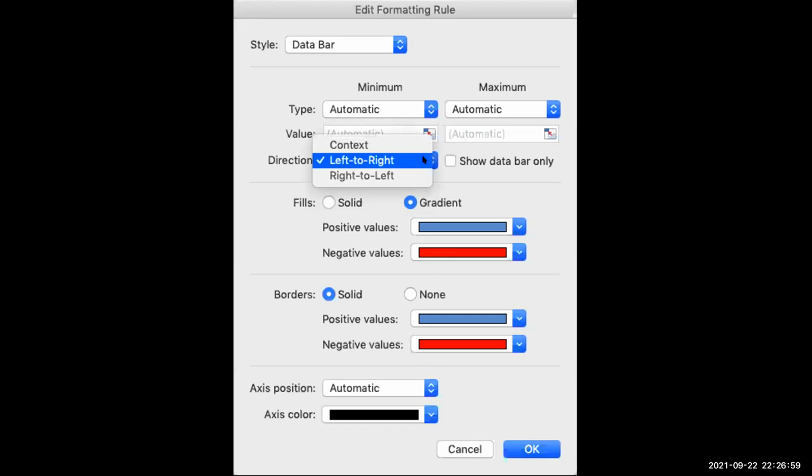Next option. No, right to left. Which one? This is what I'm getting in manage rules when I click manage rule. Actually, I just see this window over here, edit formatting. Okay. Got it. Thank you.